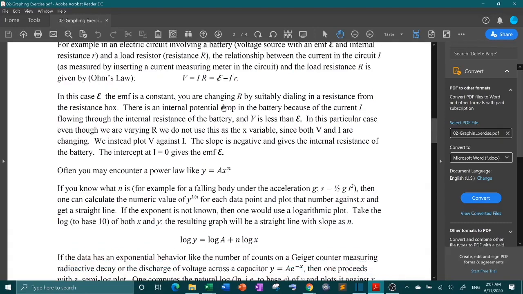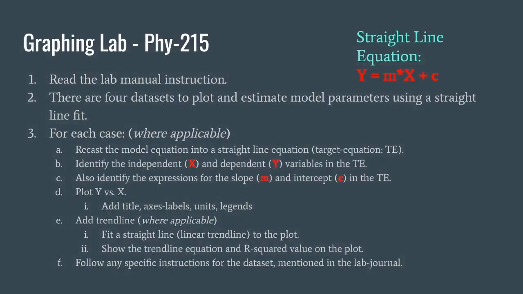So now, when you have a linear form like this, v equals IR equals script E minus I small r, this here negative r is like the slope, I is like the x value, and this script E is like the constant c. So we have already talked about this. Here is your straight line, y equals mx plus c. m is your slope, c is your intercept, x is your independent variable along the x-axis, y is along the y-axis. So we have to identify this for each of the